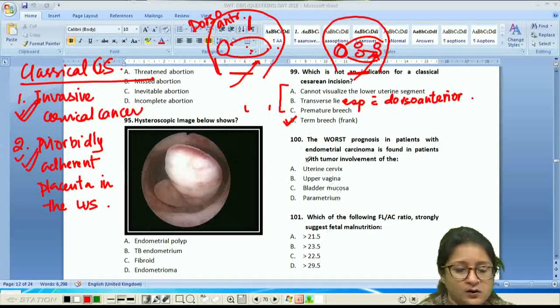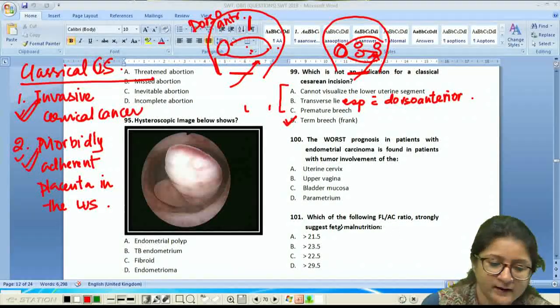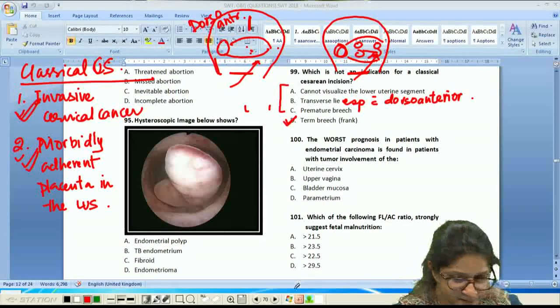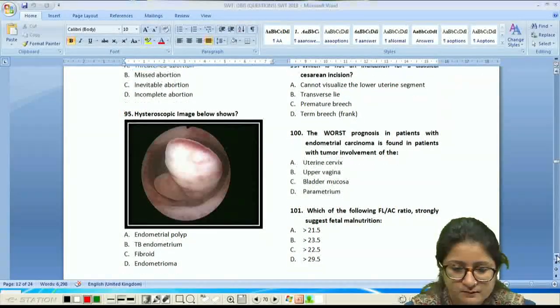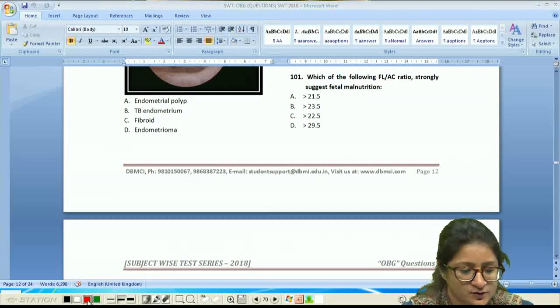Alright. Now, question number 100 I will do in the other set when we are talking about gynae-oncology. Right now, let me just move on to question number 101. Now, which of the following FL to AC ratios strongly suggests fetal malnutrition? The answer to this question is